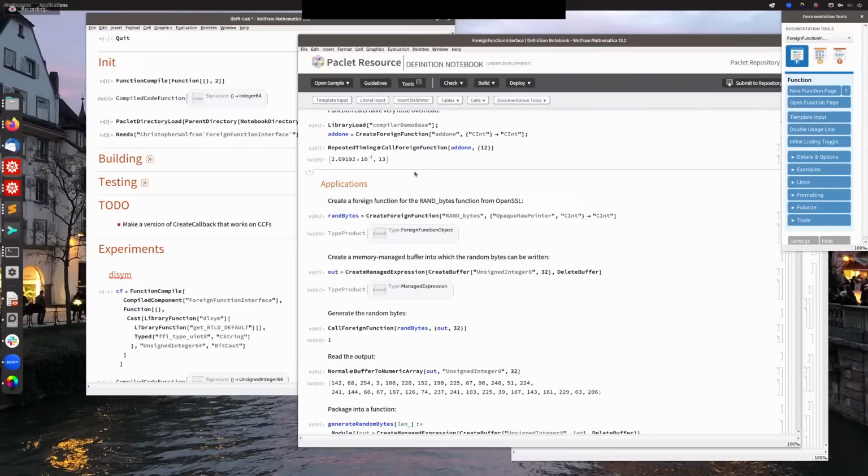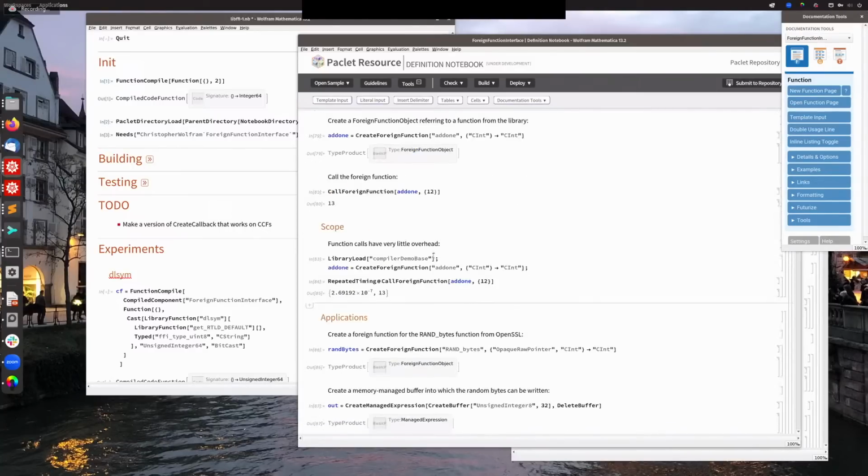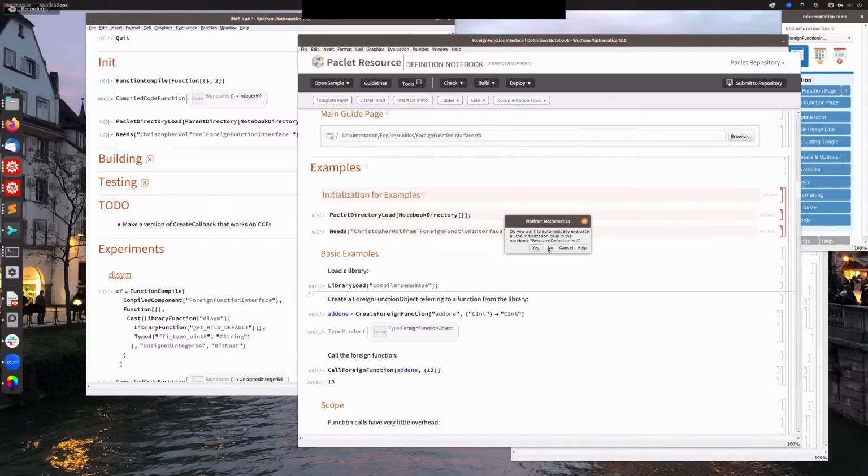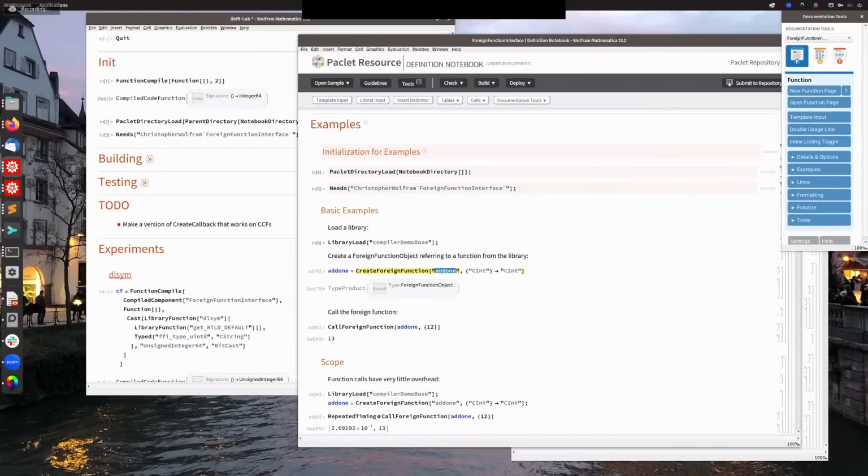Now what happens is, for instance, I have a demo library that just comes in the product, and it includes a function called add1 that takes an int and returns an int. So I can say create foreign function, and given that this library's already been loaded into the system, I can run this and it'll create a foreign function object. And I can call it by saying call foreign function, give it the object and a list of its arguments,